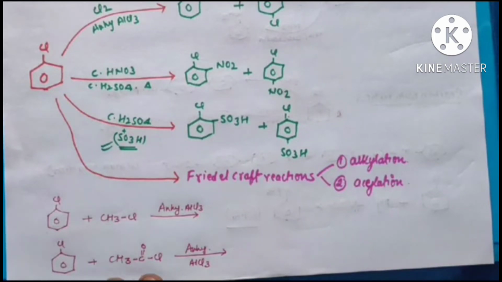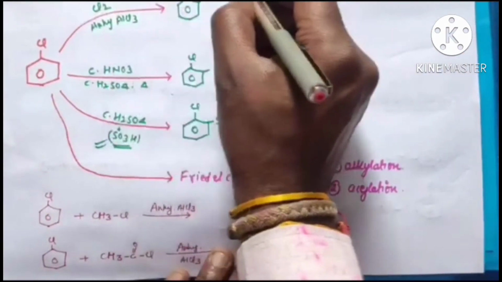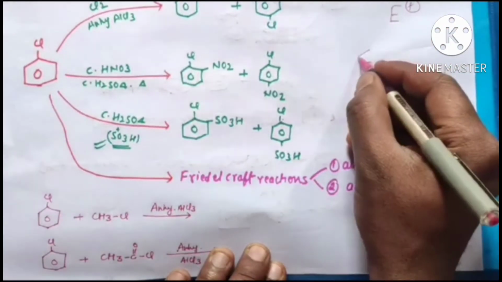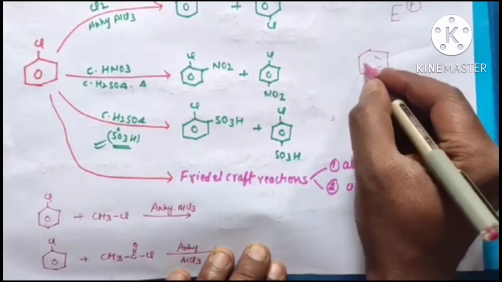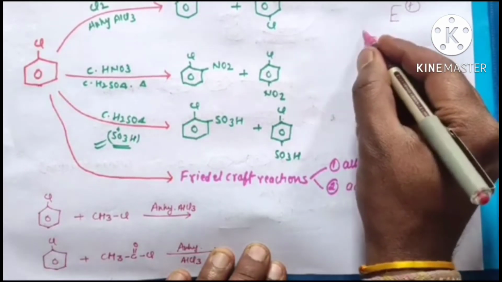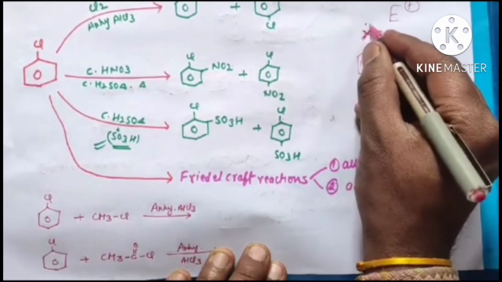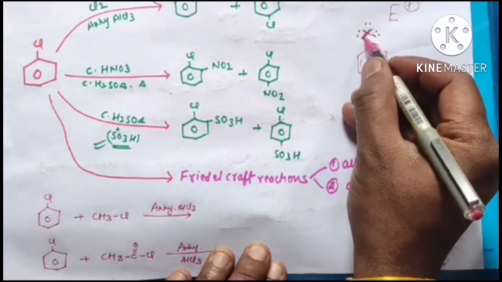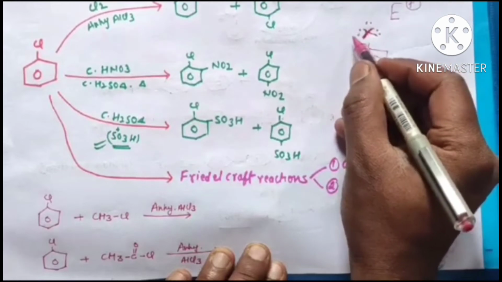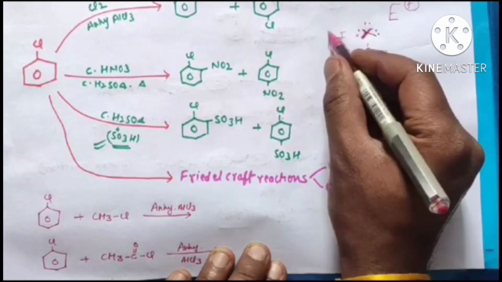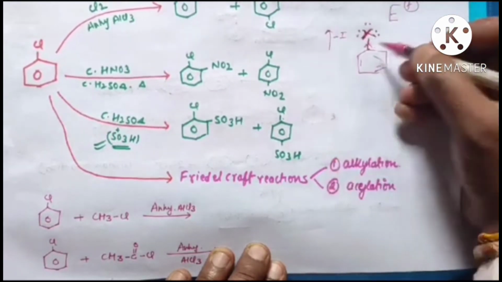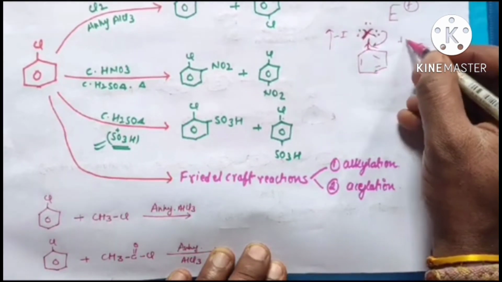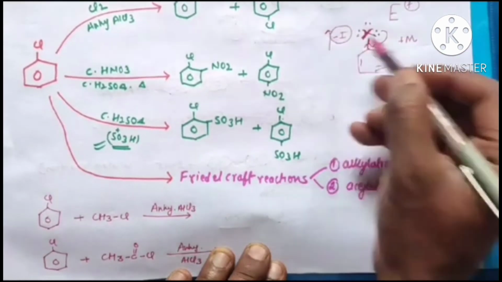As you know, in this electrophilic substitution reaction, students, there will be electrophile. So, as you know, this is the haloarenes. For example, there is X, having halogen. Halogen will have 3 lone pairs of electrons. So due to this halogen, due to this electronegativity, due to minus I effect, it will draw the electron from the ring. But due to this lone pair, it will give the lone pair to the ring. Due to this, it will show plus mesomeric. This is minus inductive as well as plus mesomeric.